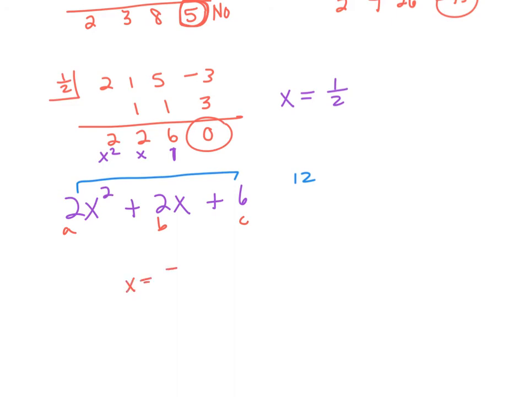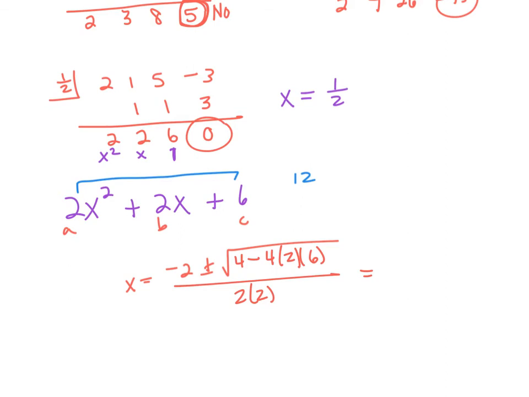So x equals -b plus or minus the square root of b squared, which is 4, minus 4 times a times c, all over 2a. Let's go ahead and simplify underneath our square root first. We have 4. -4 times 2 is -8. -8 times 6 is -48. And then 4 minus 48 is -44. So we have -2 plus or minus the square root of -44